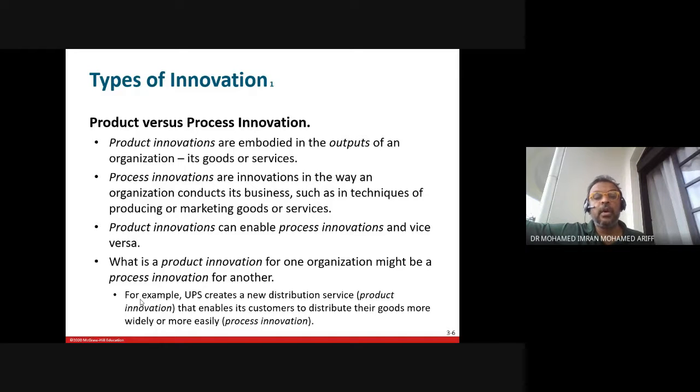True. For example, UPS creates a new distribution service that enables its customers to distribute their goods more widely or more easily. Okay, let me ask